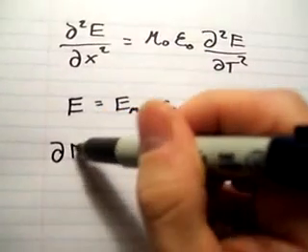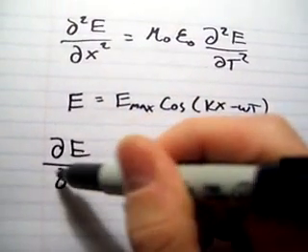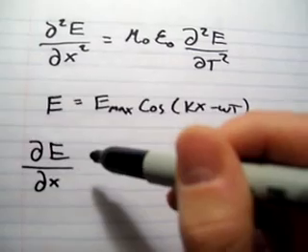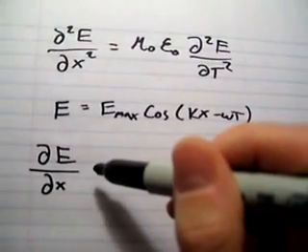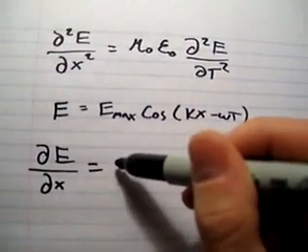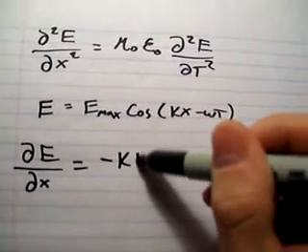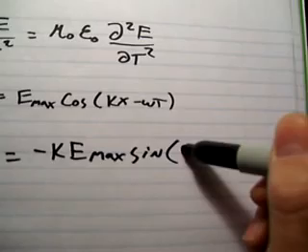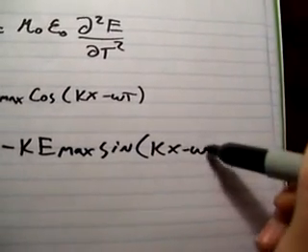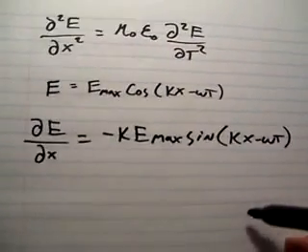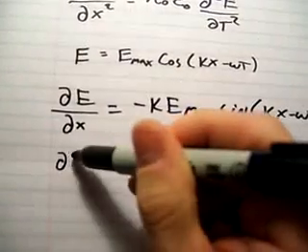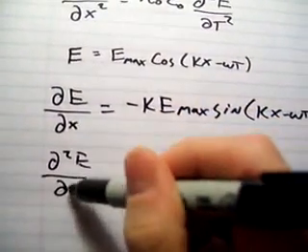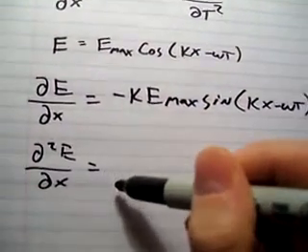Basically, just start by getting these partial derivatives. That ends up being this. And then the second partial derivative will equal